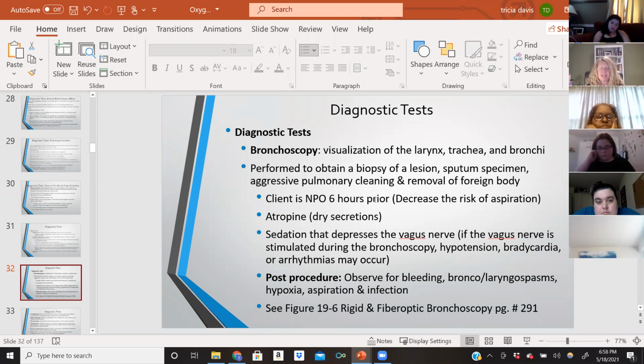If they vomit because of the medication we give them and then they aspirate, they already have lung issues, so we don't want any more. We might give the patient atropine to help dry their secretions. And then